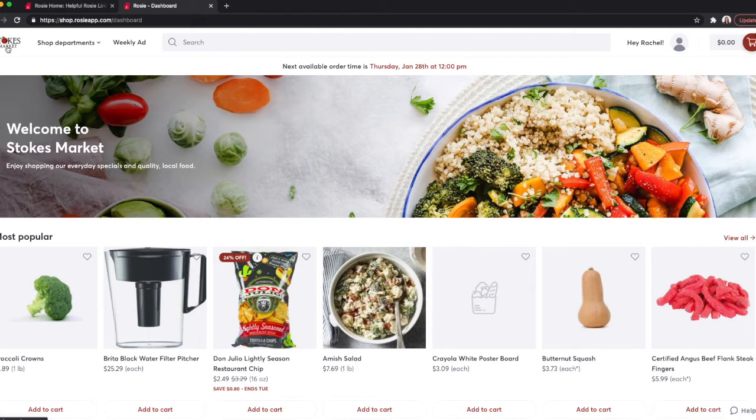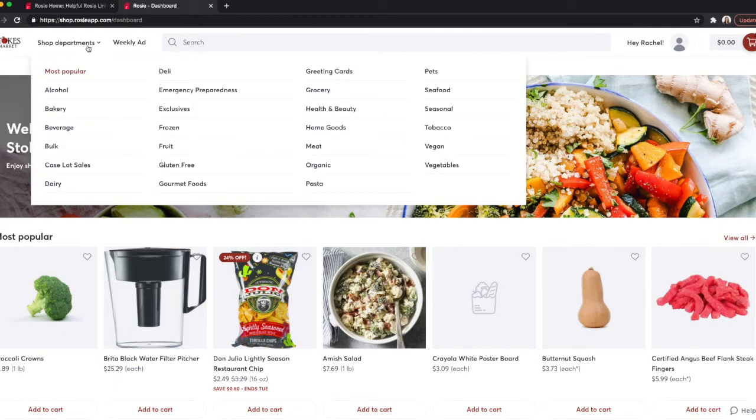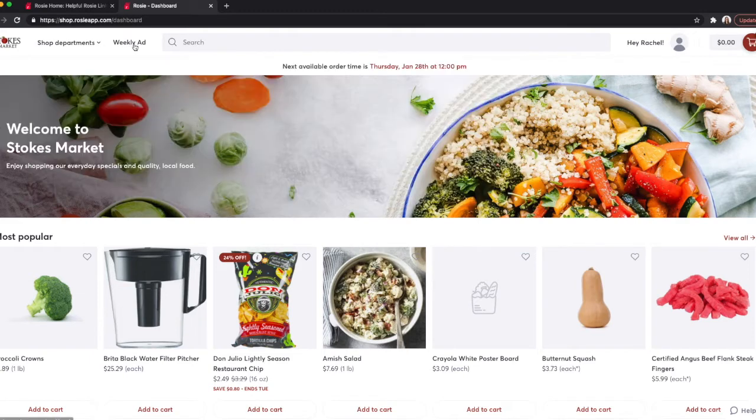Next to your logo, you'll see Shop Departments. By hovering over this, your customers can shop by online category. Next to the departments, you may or may not see a link to your weekly ad or your sales category. Customers can click on the sales category to view all sale items available at your store. If you'd like to add or remove the sales section, reach out to your onboarding agent or the Rosie support